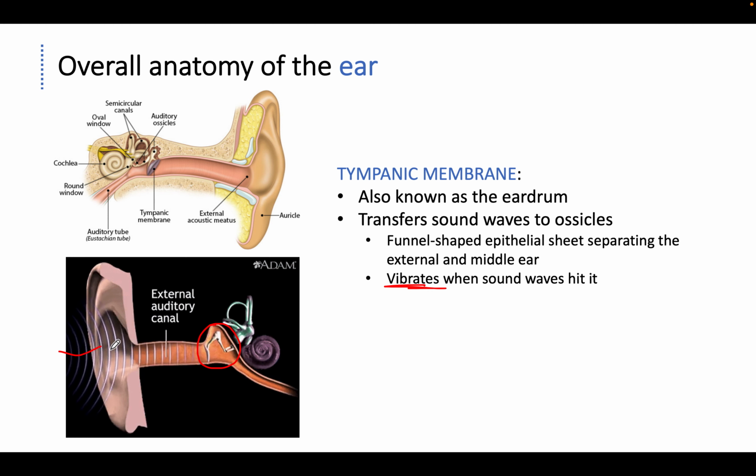So what we'll see is as sound comes in, it's going to strike the tympanic membrane, it's going to deflect the tympanic membrane, and as it deflects and moves, it's going to move the malleus, the incus, and the stapes, and then that's going to transmit that signal to our cochlea, where we actually have our hearing cascade of events occur, and then the signal will be sent to the brain, okay? So the big thing with the tympanic membrane is it is transferring the sound waves to the ossicles. We're going from sound waves, and we're converting that into mechanical pressure waves that are moving within the middle ear, all right? So we can see this here as well, as sound waves would come in, hit the tympanic membrane,